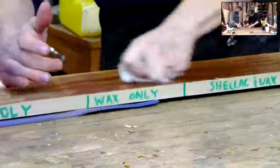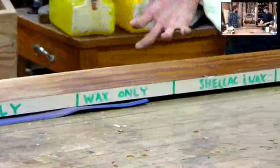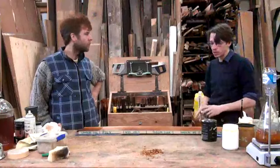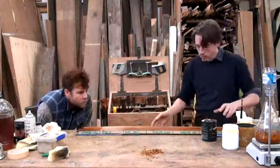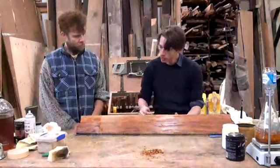You could do a wax finish on its own on a piece. If it was a very rustic or vernacular piece, a farm thing, just a wax coating will be all right. So, what can we see, Luke, in the differences between these? So here is...